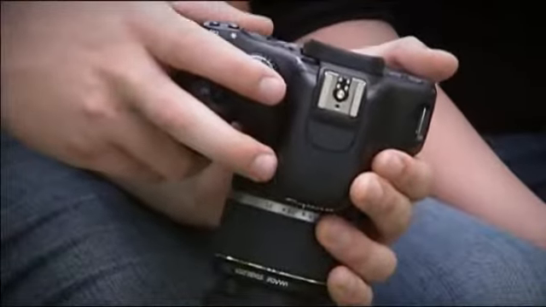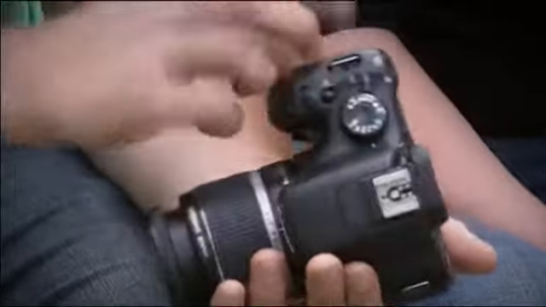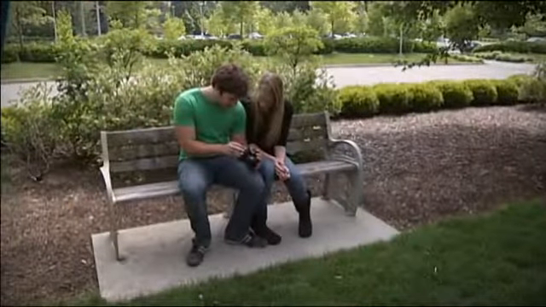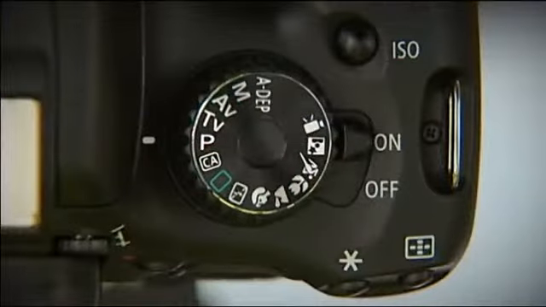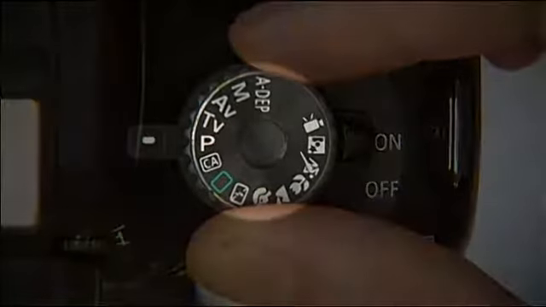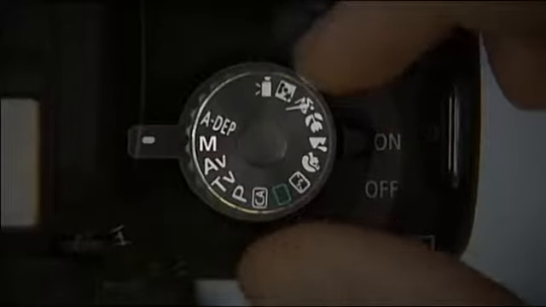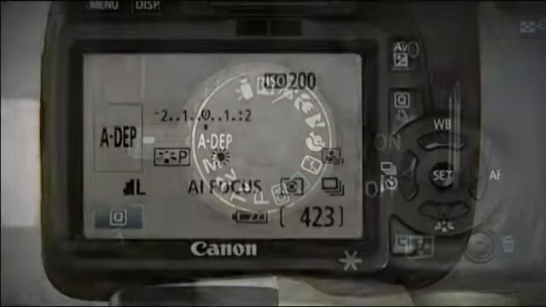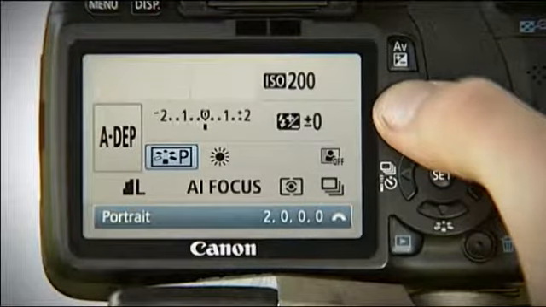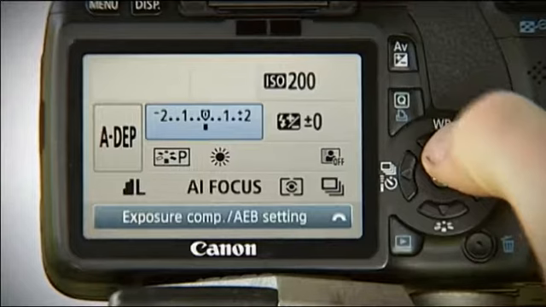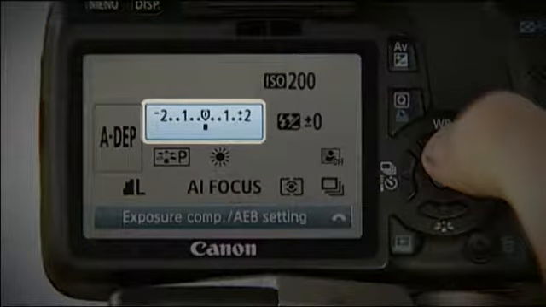Now that you understand how AEB works and how the camera performs in each mode, we can show you how to set your camera to use AEB. With the mode dial set to one of the following modes: Program, Shutter Priority, Aperture Priority, Manual, or Automatic Depth of Field, press the Q button to display the quick control screen on the LCD. Press a cross key to activate the exposure level indicator. The exposure level indicator, the scale at the upper left of the LCD, is highlighted.